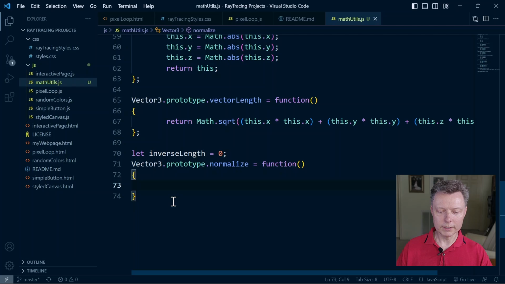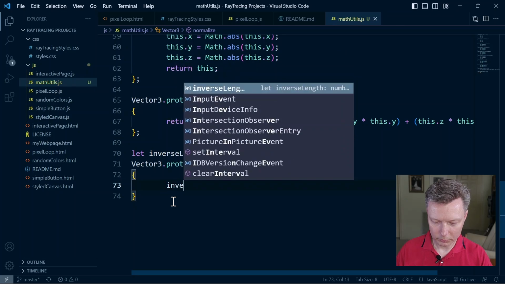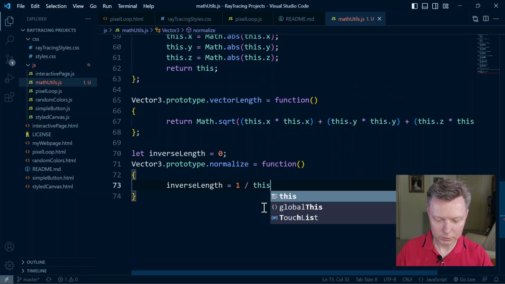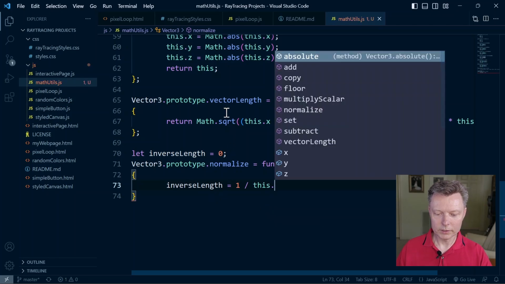So first we're going to get the inverse length of this vector. And so type inverse length, and we're going to use our variable now, equals 1 divided by, and now the cool thing is we can just call vector length on this vector. So use the keyword this, which refers to itself, dot,